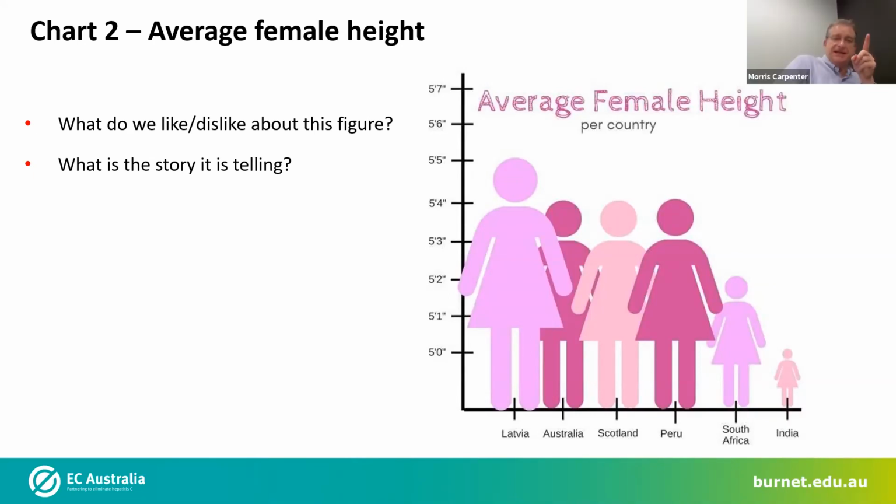So why are their feet in that vertical axis? What Jackie was saying earlier, that visual representation of a woman, because it starts with her feet and ends with her head, suggests that that's ground level, the x-axis. But when you look at the numbers on the left, it's not 0. Exactly. It makes it look like Indian women are about a quarter of the height of Latvian women, they go up to their knees. Also a questionable choice of color scheme, potentially.